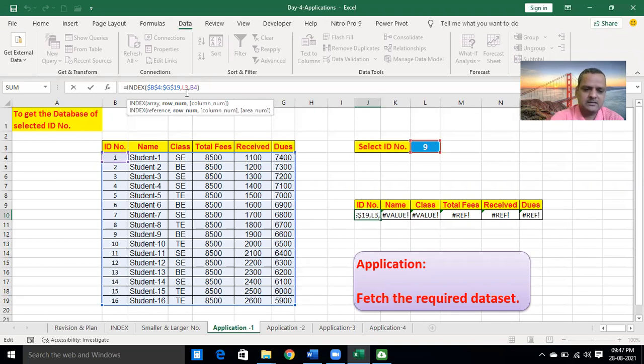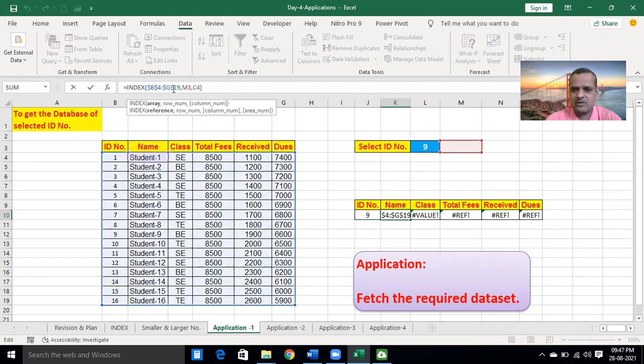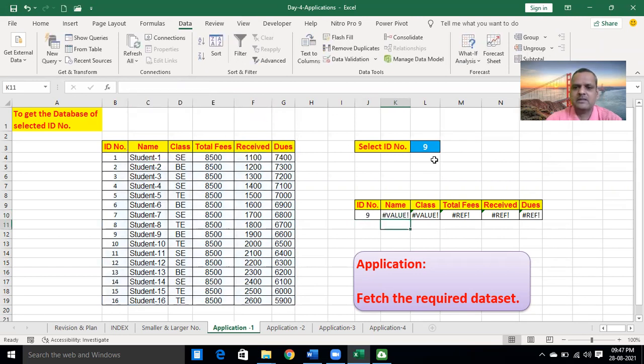Now hit the F4 key to lock L3, so it becomes $L$3. Now this cell is locked. Click in the formula bar. Drag this formula till the end and see, nothing is shifted.